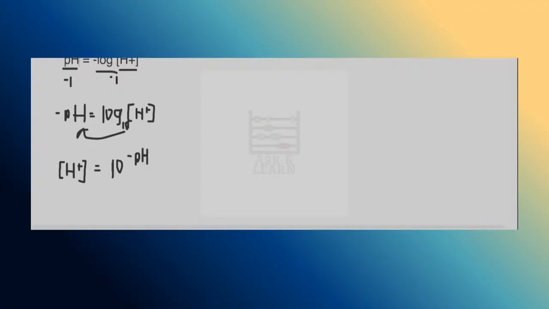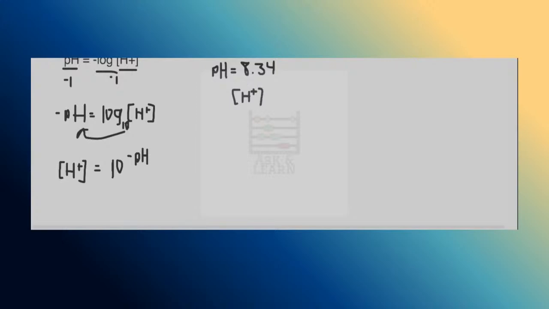Okay, so now that we've rearranged the expression, we can basically just plug in a value for the pH, put it in the calculator, and then calculate the concentration of hydrogen ions in solution. We can do a couple examples to show this. Let's start off with where the pH is equal to 8.34. If we have a pH of 8.34, we can plug that in as the exponent in the equation here. So if we want to know the hydrogen ion concentration,